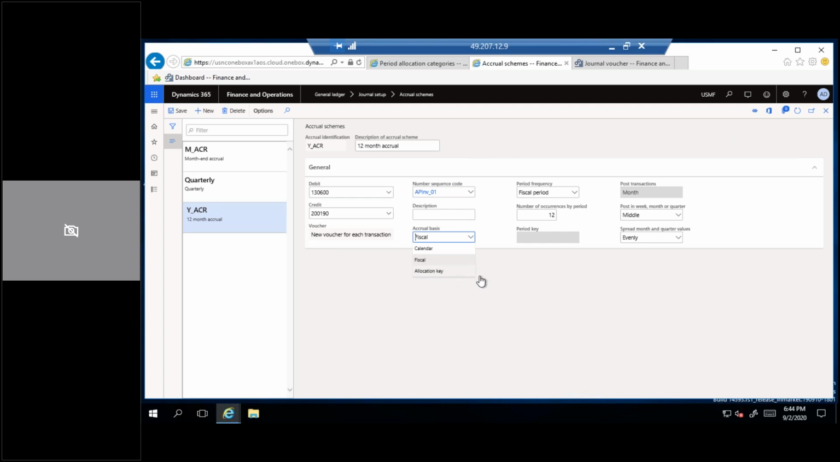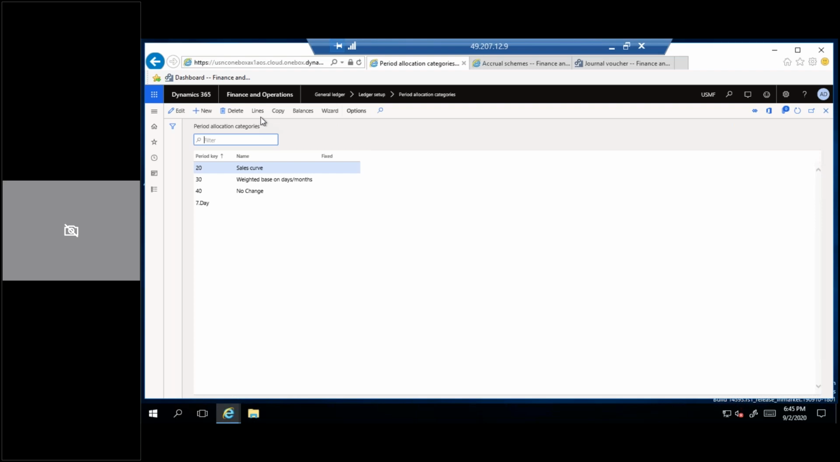Now, the allocation key, I'm explaining what the benefit is. Okay, so the purpose of the accrual scheme, as I understand it, is to bifurcate the total expense that occurred throughout the year into multiple periods. Yes. Usually it distributes equally. If it is 1,20,000, it is 10,000 each for 12 months. But the allocation key we can configure differently. Okay, that was my question. Yes. Now if you go to lines,